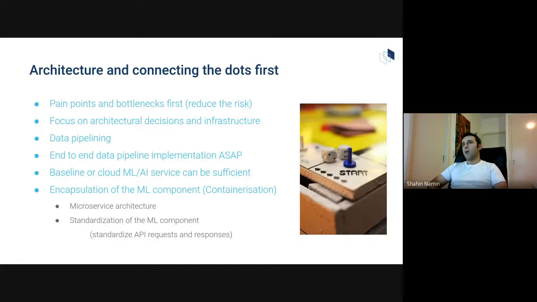So after the proof of concept, we try to focus on the architecture. There are usually a lot of spikes in this step. We try to address pain points and bottlenecks first so that we can reduce the risk and we can make decisions on the architectural designs and infrastructure. Also, we invest in data pipelining to make sure that we have the stream of data coming and interacting with the model so that we can do end-to-end testing of our model,